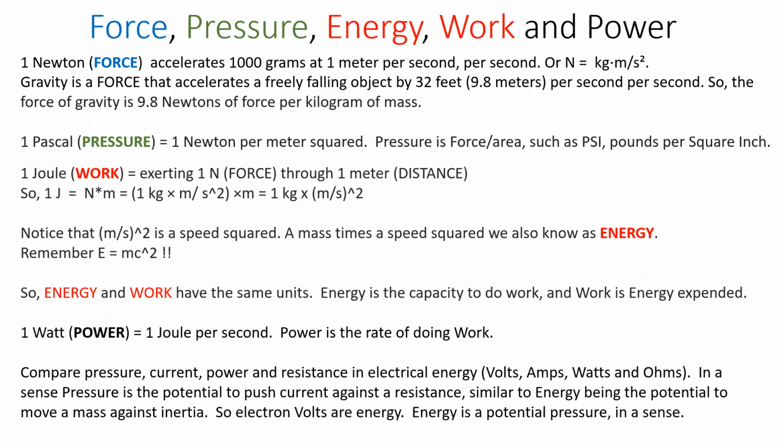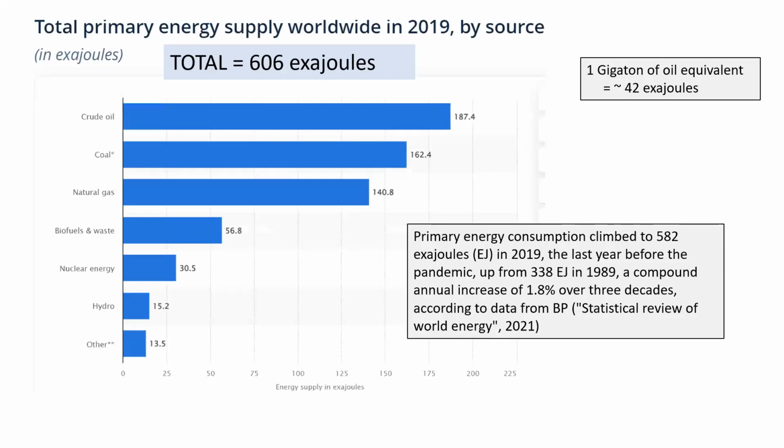I'm not going to go through all the details here, but one thing you might notice is that in this description, we see that we have a mass times a speed squared is energy. And if you realize the units, they actually connect directly with E equals mc squared, where energy is a mass times a speed squared. So this is just basic relationships of energy, mass, and momentum.